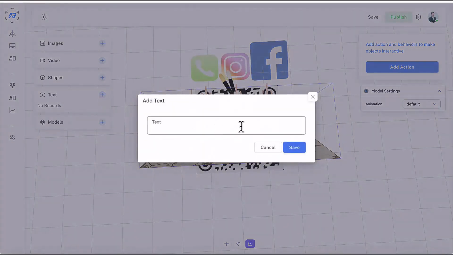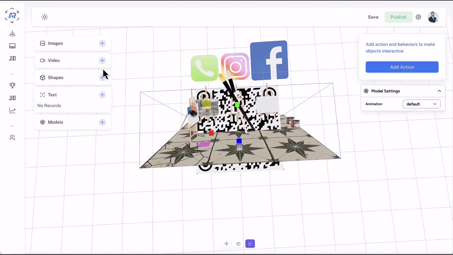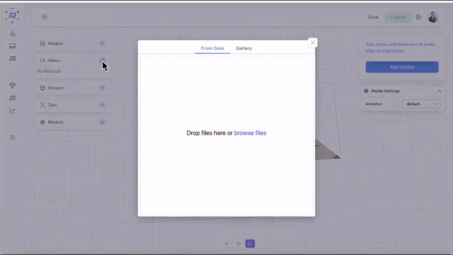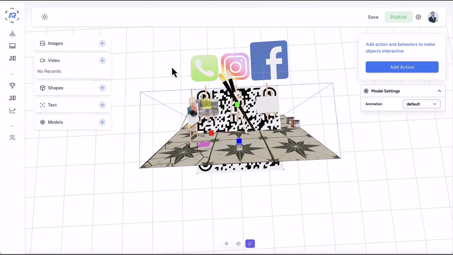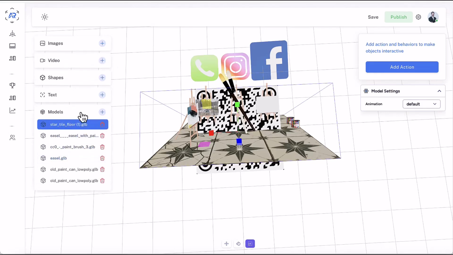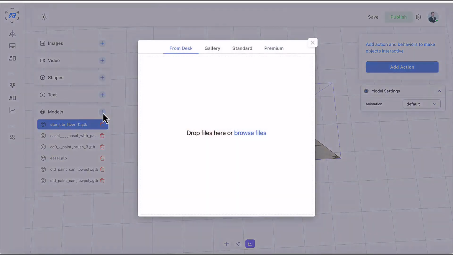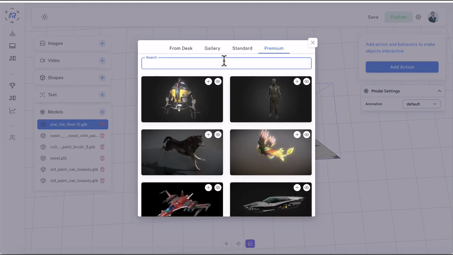You can add your own videos from a video library and import them and allow people to actually hear them if you want, autoplay them. There's shapes and images, and then there's a whole 3D model library. So what we can do is press the plus button. You can get access to a premium during the launch special here, and then type something like, I don't know,